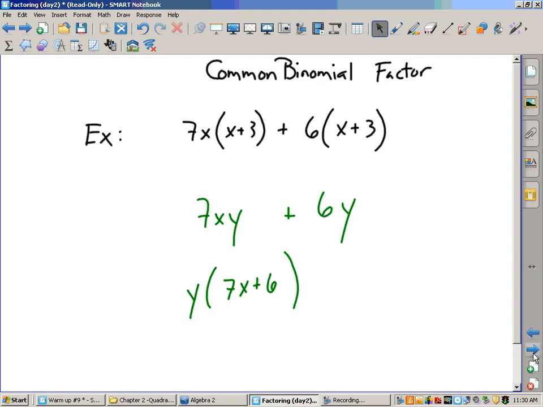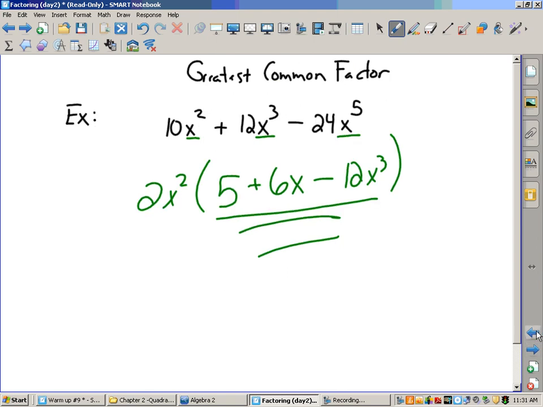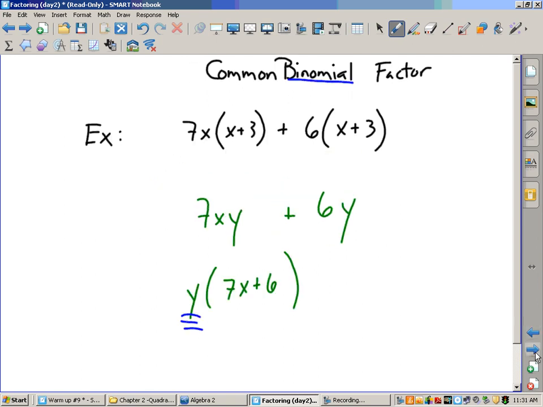But the GCF is not a monomial. Monomial means 1. It is a common binomial. The binomial that they have, just like I did right up here, I basically came up here and didn't I divide 2x squared into each one of those terms? And that's how I got each one of those terms? Well, that's what I'm going to do here. I'm going to factor out,